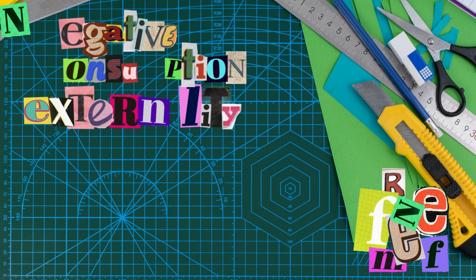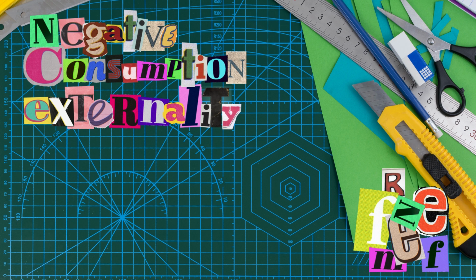All right, so we're back with the second type of externality, which is a negative consumption externality. Now, this is going to be pretty similar to a negative production externality. So in order to make the lesson shorter, I'm going to skip over any information that we already covered in